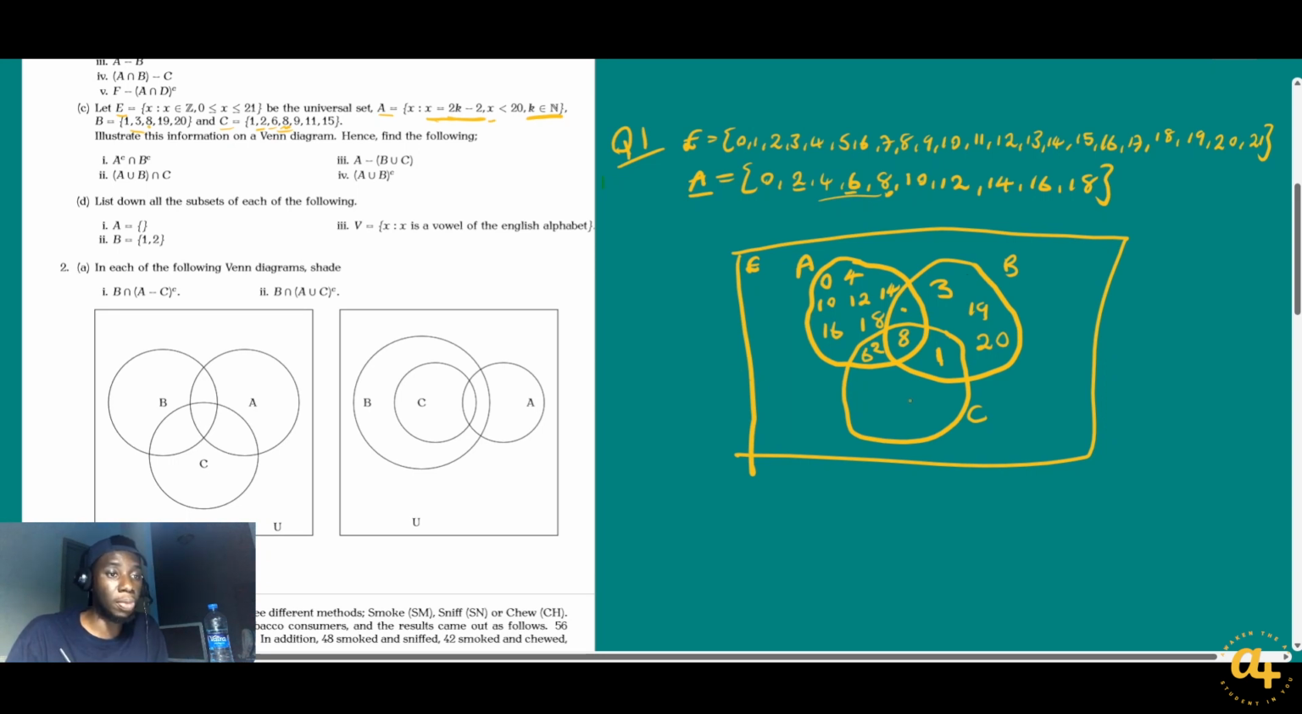Let's look at the individual part of set C now. Right, so when we look at set C, we know that 1 is gone, 2 is gone, 6 is gone, 8 is also gone. Therefore, we only have 9, 11, and 15 left. And now that we have illustrated all the information that is in the three sets A, B, and C,